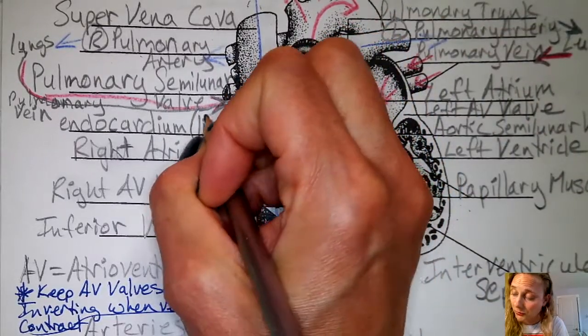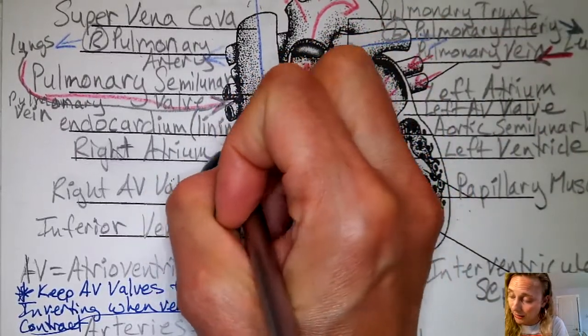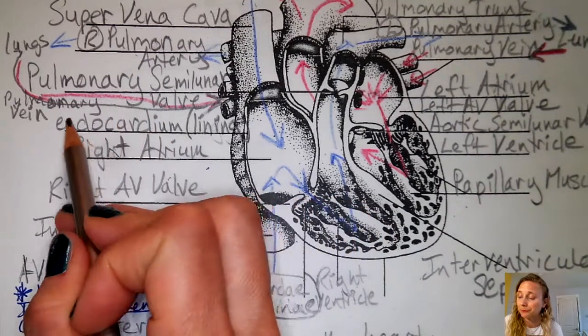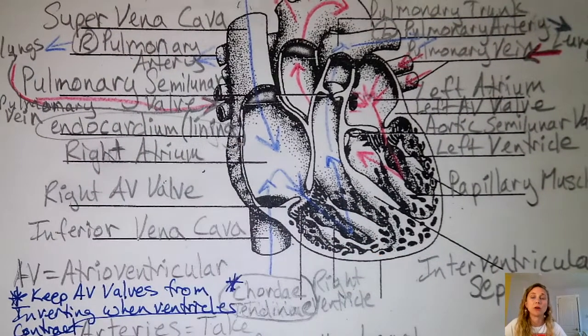Also, it signals if it thinks it's bleeding and it's got inflammation, and it'll signal blood clot, or if it's damaged, it'll signal, hey, we're damaged here. Unfortunately, they're finding out that if you're having some inflammation, your body might think that it's bleeding, and it's actually not. Okay, so you want to keep that endocardial lining healthy, and it lines everything, it covers everything, and it's a